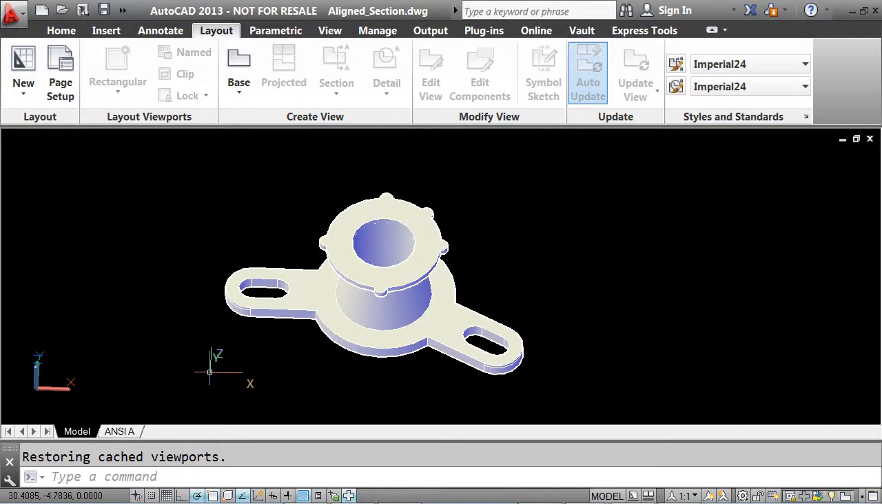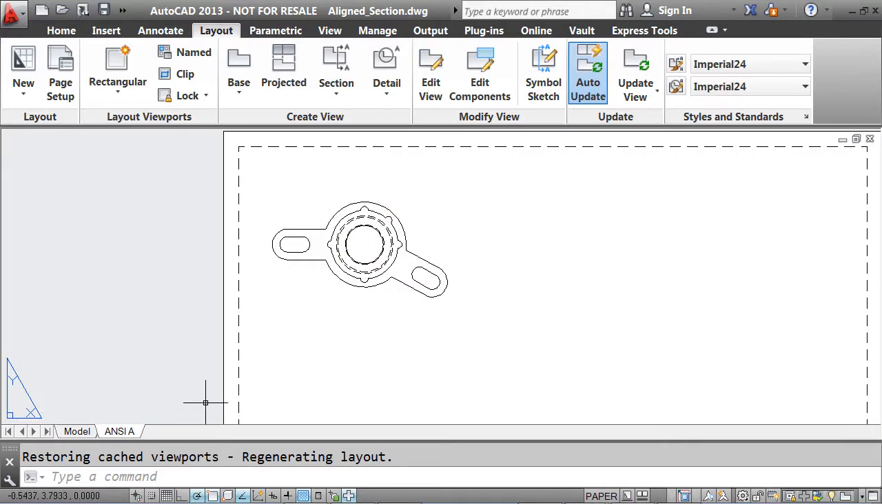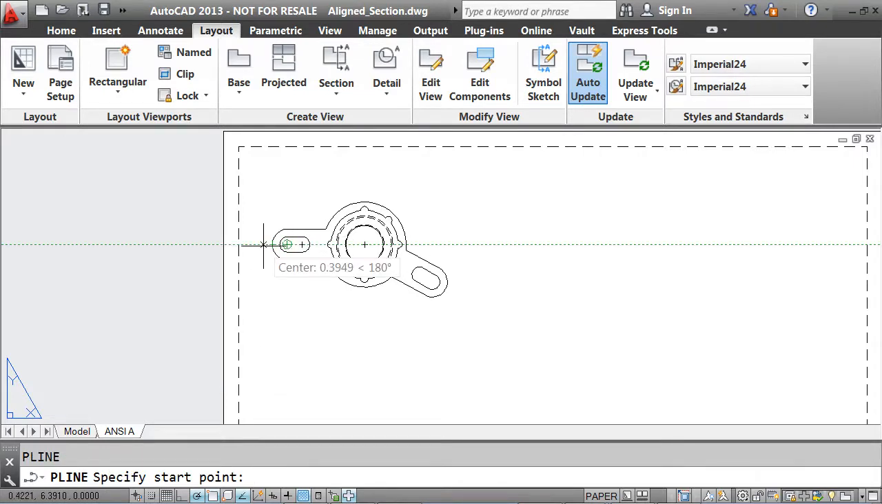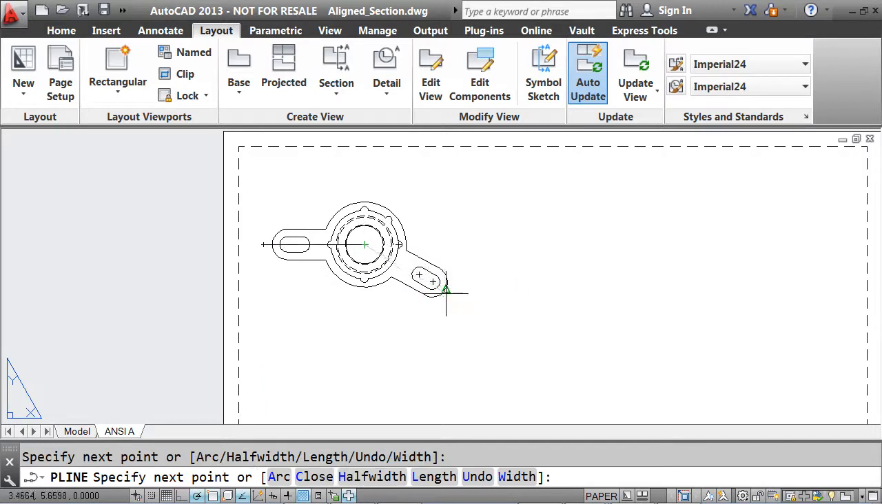In AutoCAD 2013, we can also create aligned sections. On my ANSI A sheet of paper, I'm going to create an aligned section 2 different ways. I've already created the top view for us, but I'm going to draw a polyline right on top of that view, and this polyline is designed to become my cutting plane line for my aligned